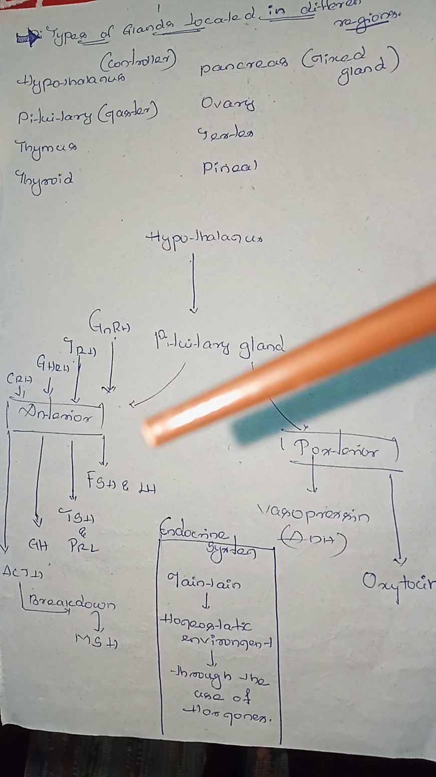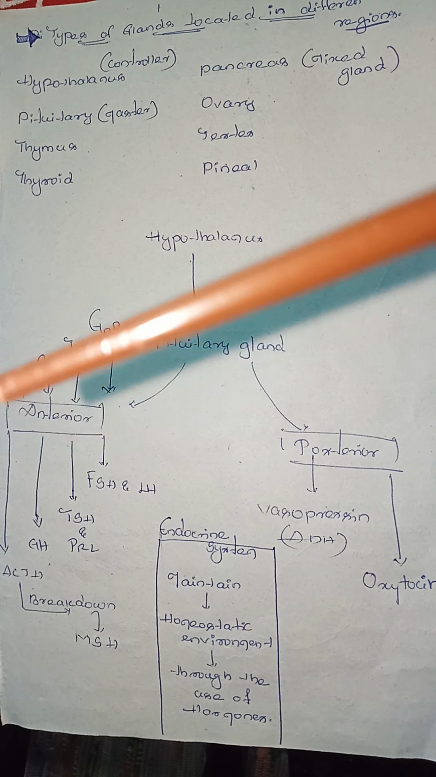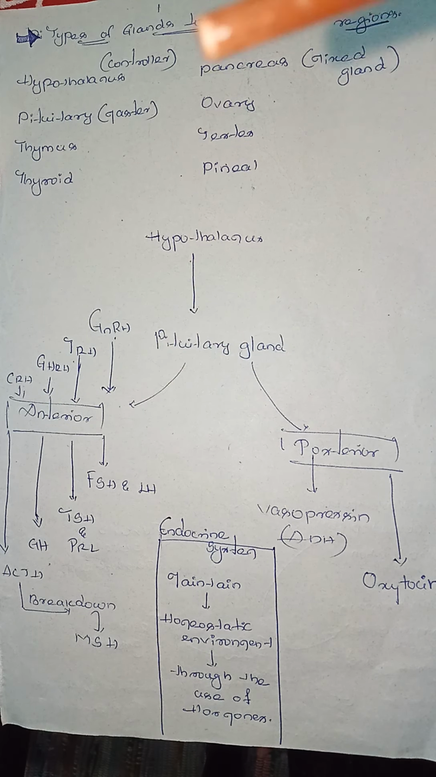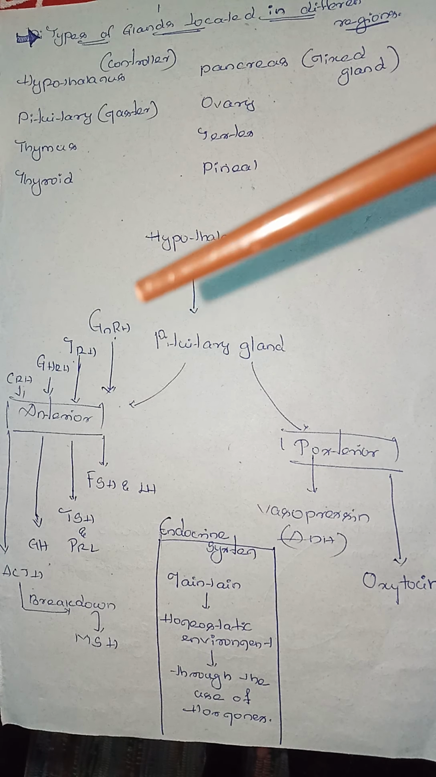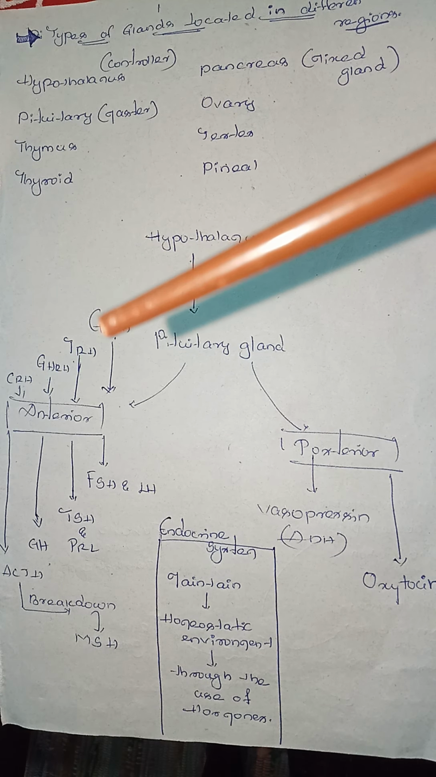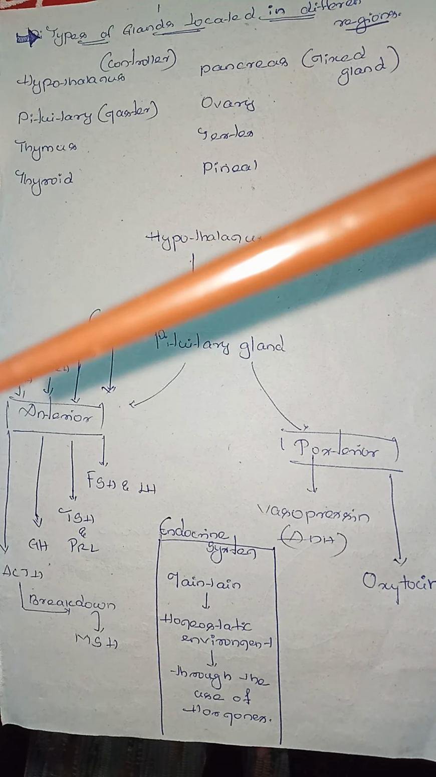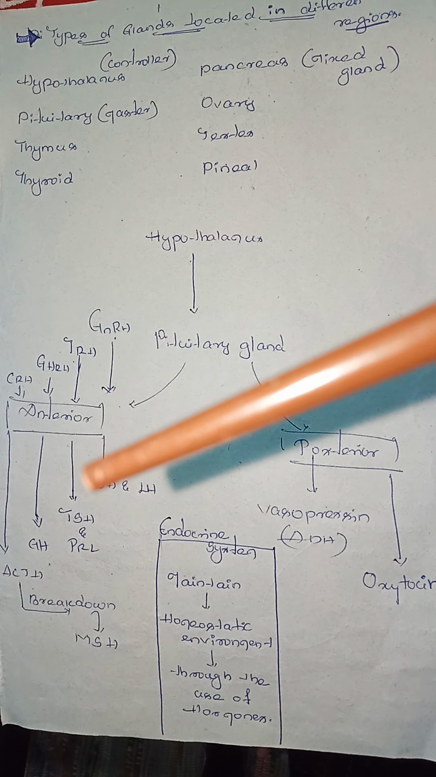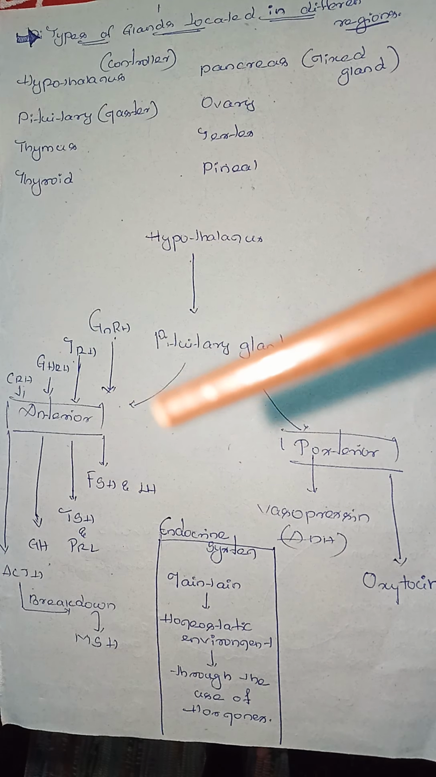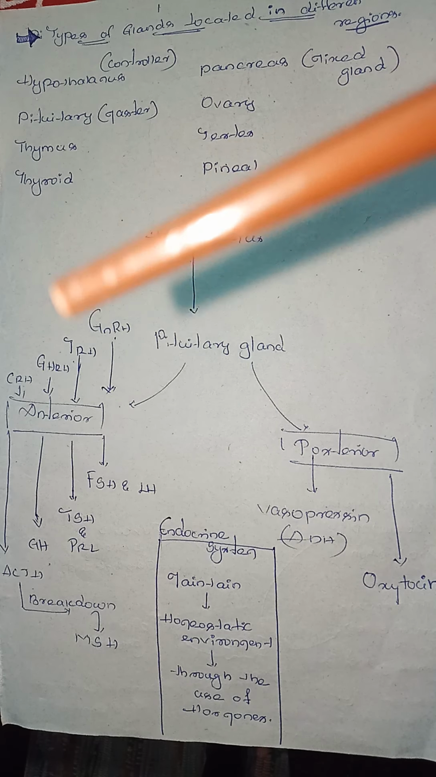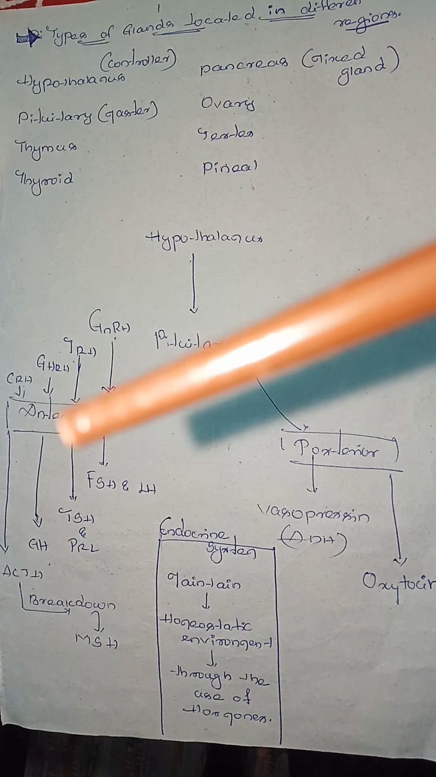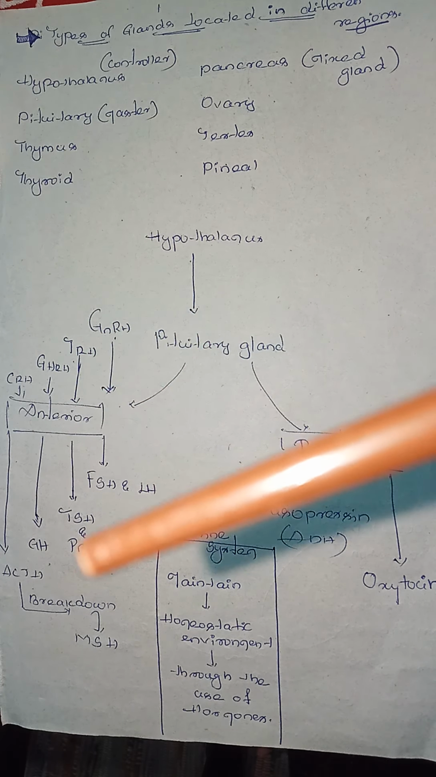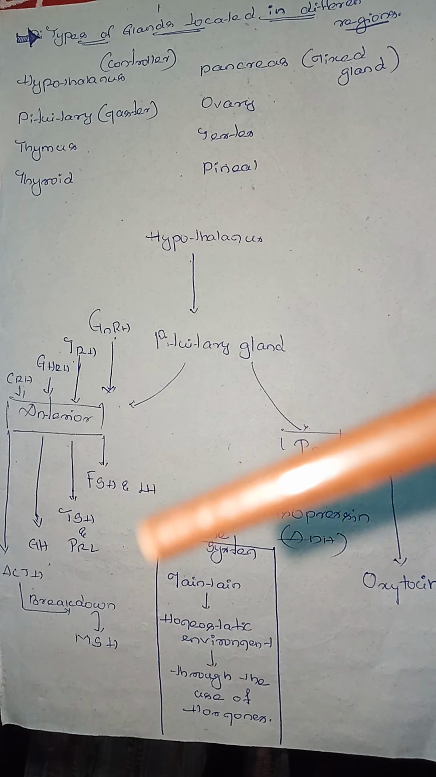So let's see what are the hormones released in the anterior pituitary gland region. The hypothalamus will release some gonadotropin releasing hormone. It will go and stimulate the anterior part of the pituitary gland. It will release the follicle stimulating hormone and luteinizing hormone. Like that, thyrotropin releasing hormone goes and stimulates the pituitary gland for the release of thyroid stimulating hormone and